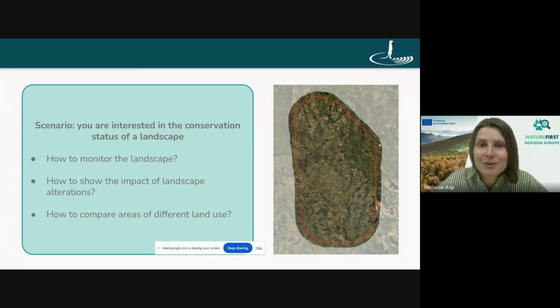But we start with a little bit of the use case. So who would be interested in this talk really? Well, it's the person who is interested in the conservation status of a landscape. So if you're a park owner or landowner or private landowner or with an NGO trying to protect a natural area and trying to find out what is going on in this area and how this area is developing over time, then this is where you're supposed to be in this talk, because we're going to try to answer some